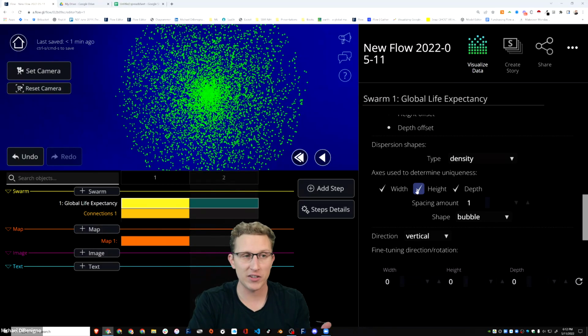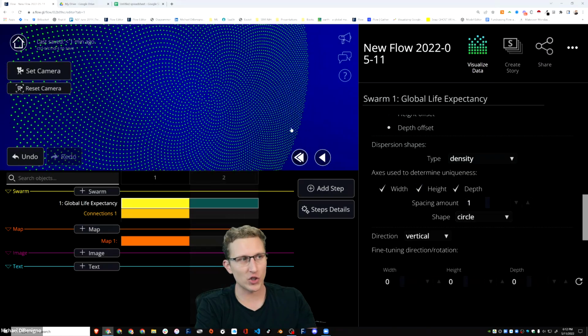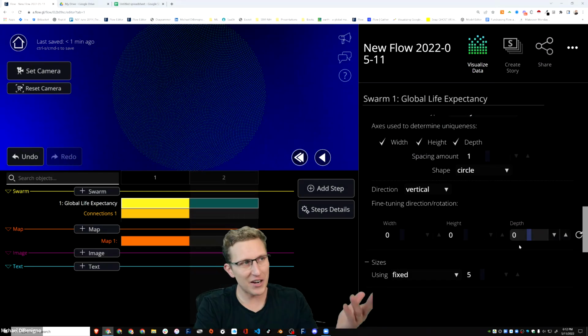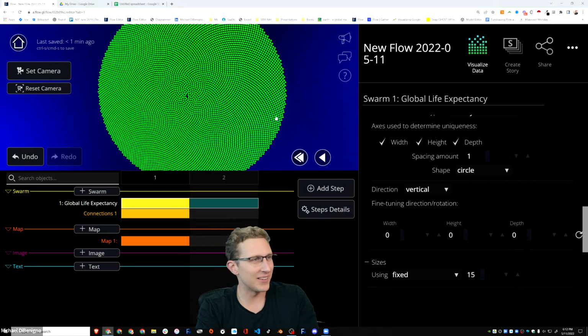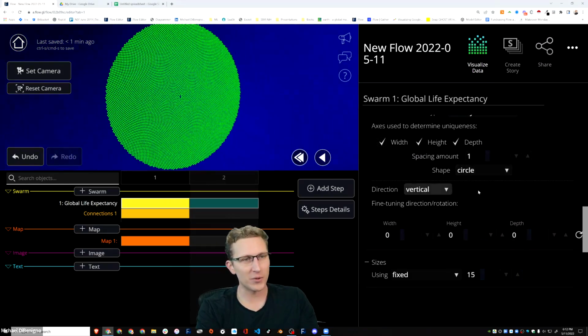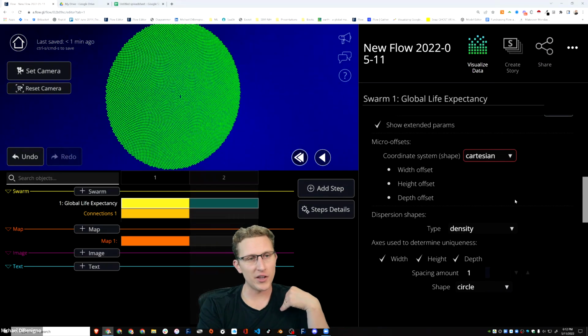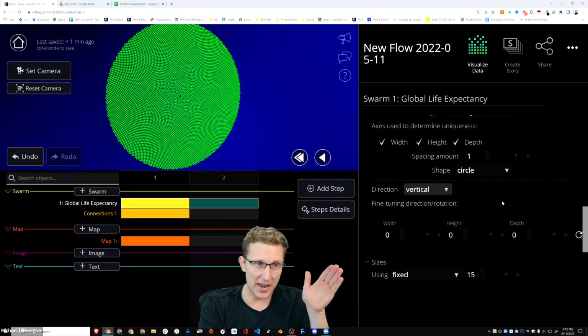But you could also just have it defined along one dimension. So as long as they're on the same width, separate them. X, Y, Z shape. If I select circle, then you'll see it's a Fibonacci circle, which is kind of fun. I've been using it a little bit more. There's something kind of fun about it. So the other one that's a very important drop down, but it's kind of hidden